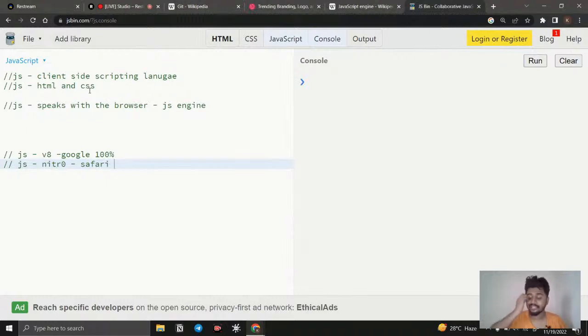The JavaScript code is going to be the same, but the browsers are different, and those browsers use different translating engines. So the problem is that we cannot say Safari will run 100% accurately the result we get in Google. We can expect 98% of the code will work. Some of it will not work.